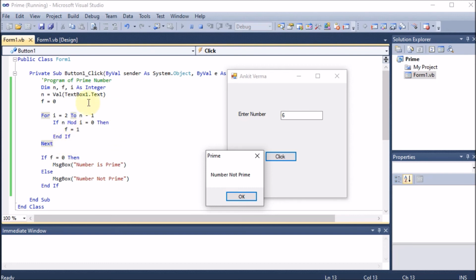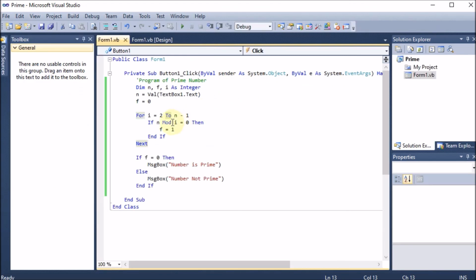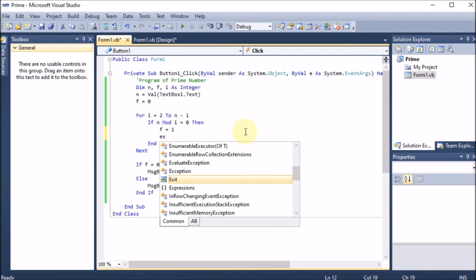But it will again go back and check for 3, check for 4 and check for 5 also, because we have not given a statement so that the loop should stop. If at the very first check we are aware that flag is 1, and flag 1 means number not prime, then why check multiple times? So here we are going back to the coding and improving this. We are writing exit.